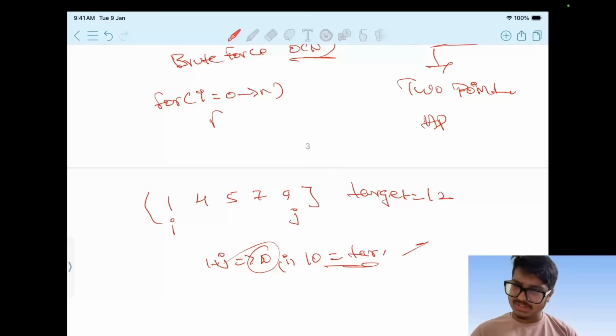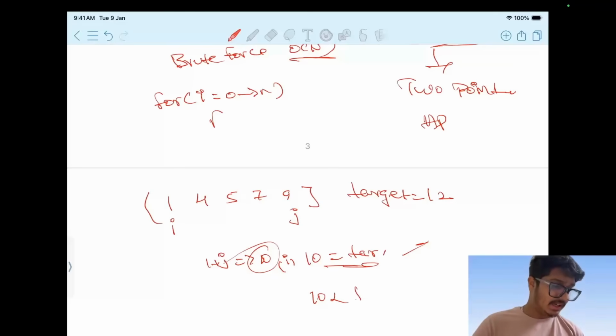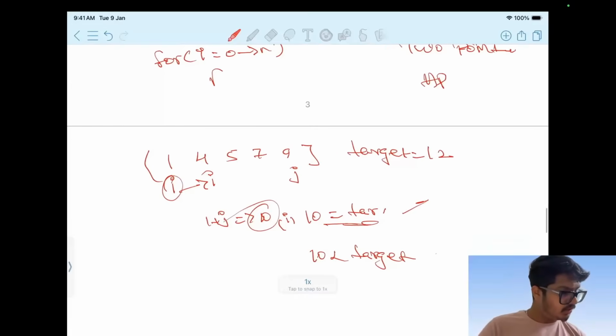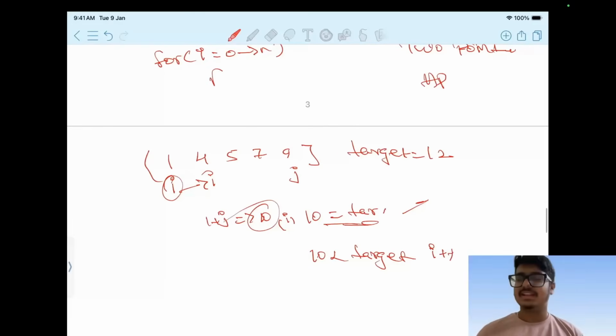j, right? If my 10, that is sum, is less than target, then I will increase i, because my sum is less, I want a greater sum, so move i forward, right? So here we'll do i plus plus. The next case would be, if my 10 is greater than target,